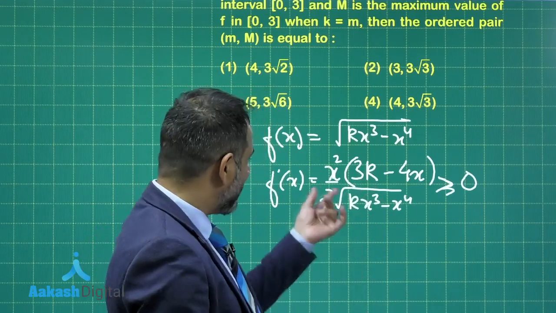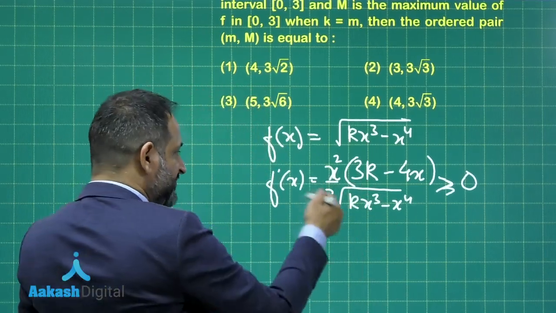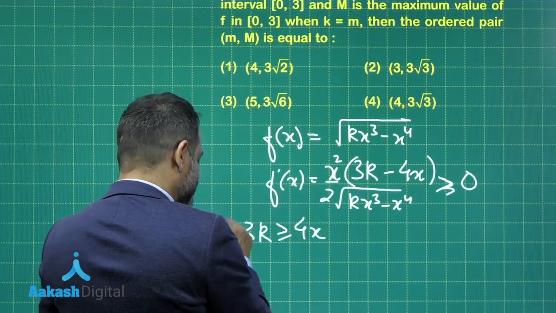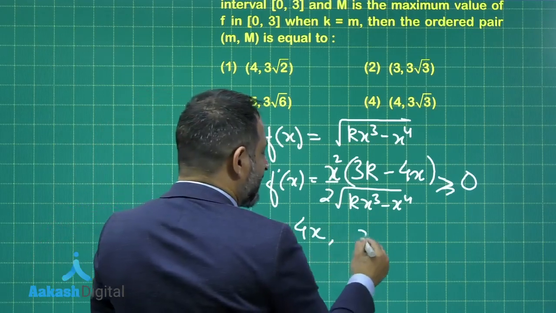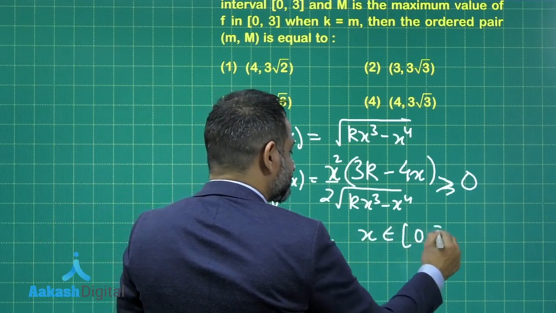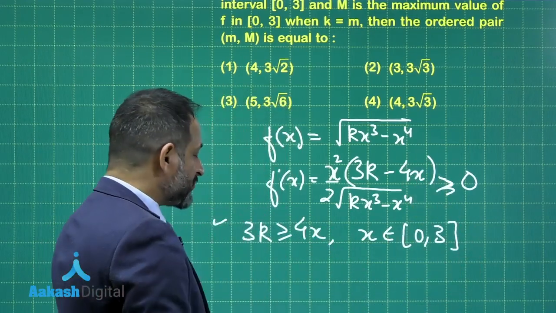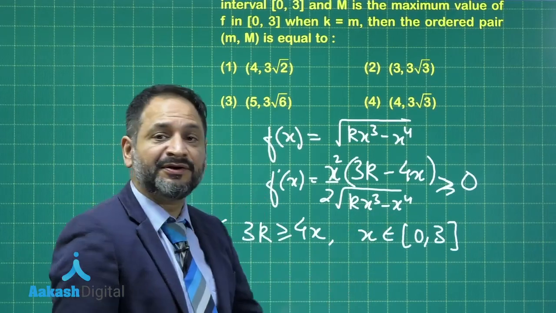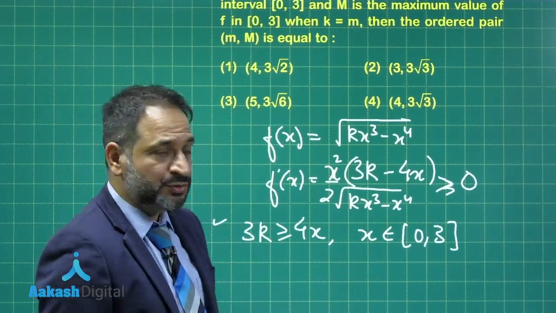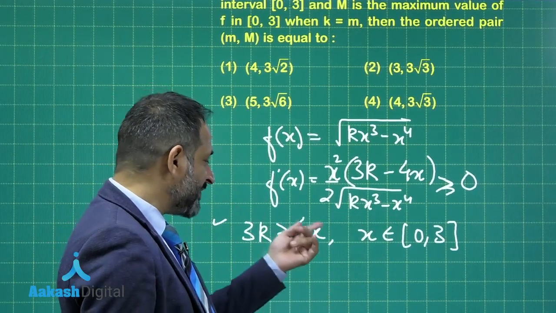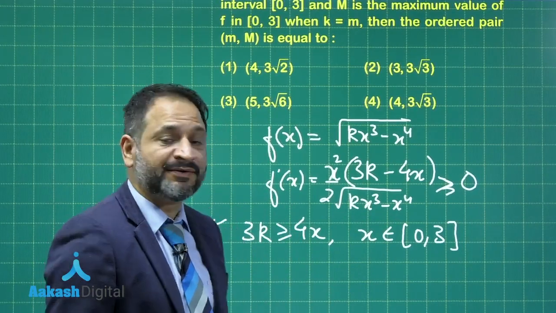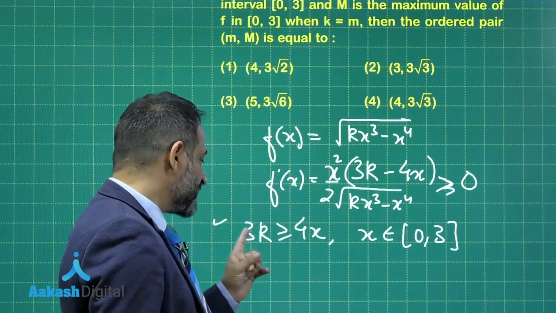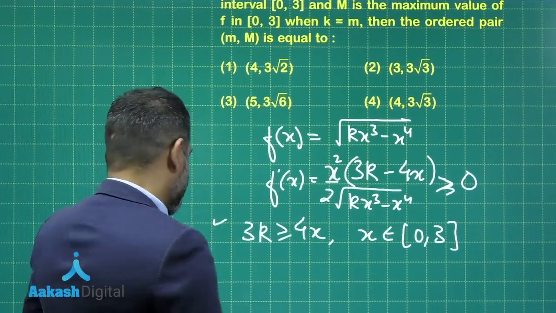Denominator is positive, x square is positive. So, for this to be positive, 3k has to be greater than or equal to 4x. Now, x is lying in the interval 0 to 3. Now, we want to find out the minimum value of k for which this happens in the entire interval 0 to 3. So, you can notice here the maximum value which the right hand side will take will be 12, when x is equal to 3, and for k to be greater than or equal to this, the minimum value of